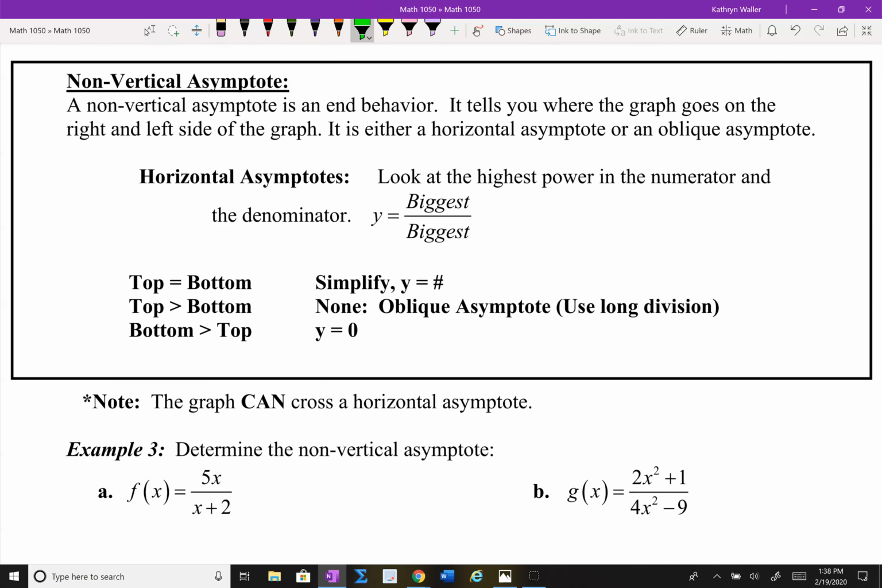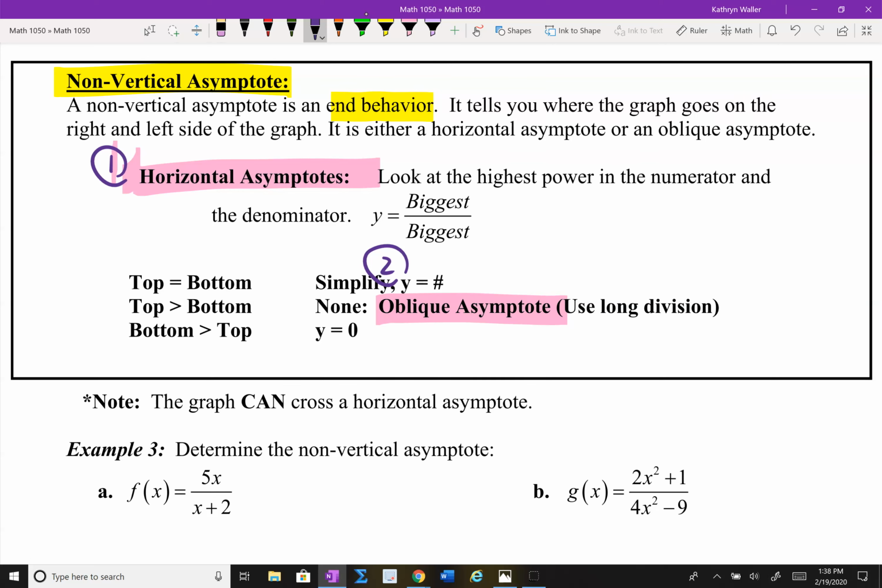Okay, now we're going to talk about non-vertical asymptote. Non-vertical asymptote is an end behavior, and it's either going to be horizontal or oblique. So I want you to go 1 horizontal and 2 oblique. If they ever ask you what is the non-vertical asymptote, then you're going to first check for